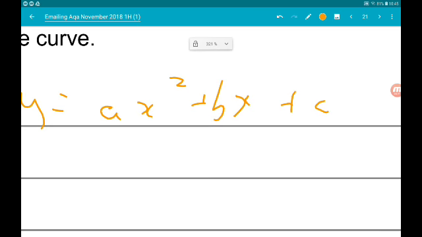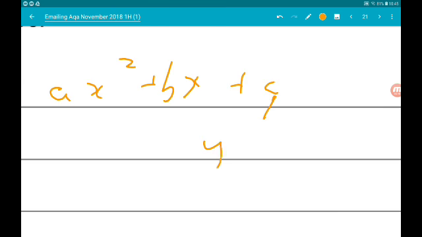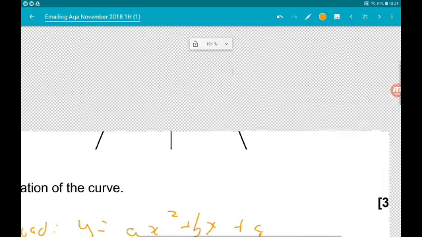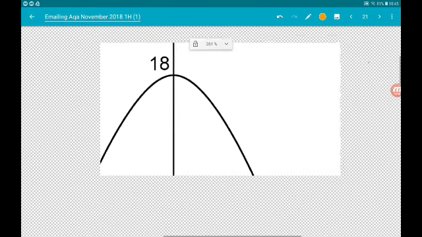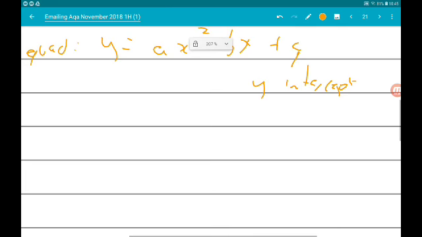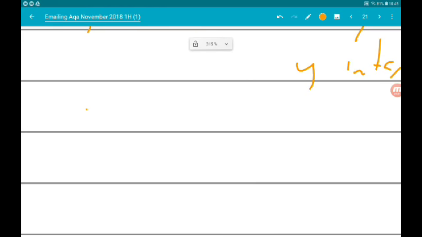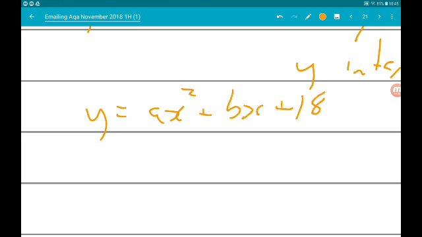Now c is the y-intercept. So we can get that nice and easily. That's just 18. So up to here then we can say that y is ax squared and bx and 18. So how do we get the values of a and b? Well,